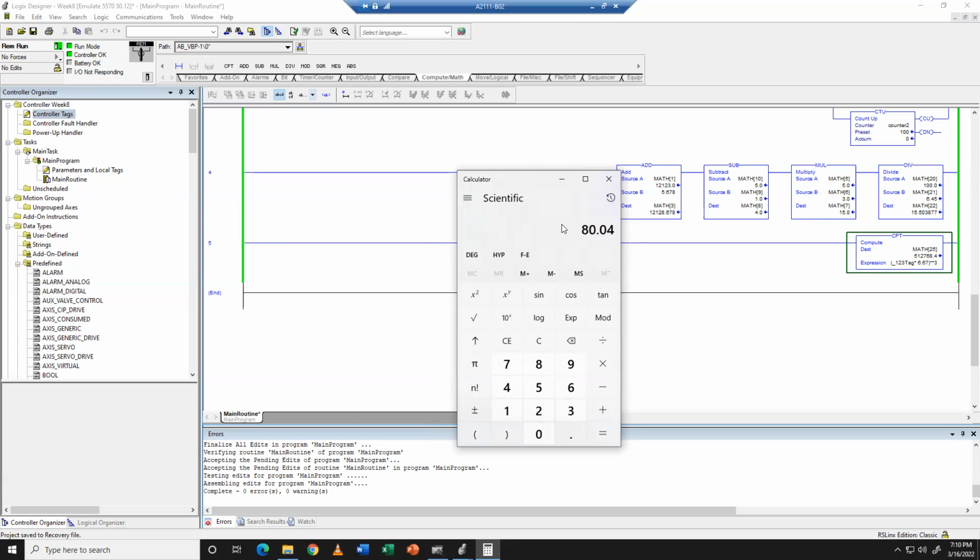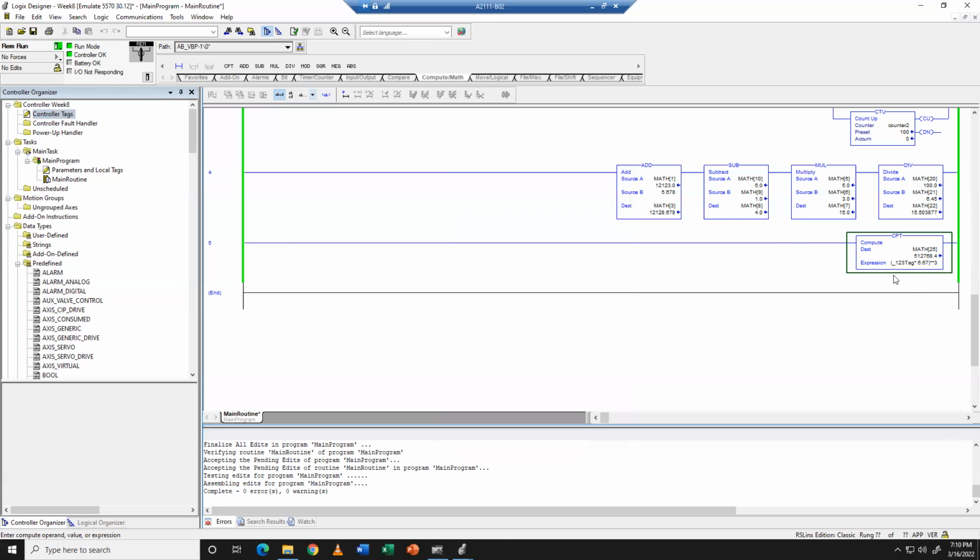Why can't I do that? To the power of 3. Is that right? Yeah, that's right. So you can type in a number of things